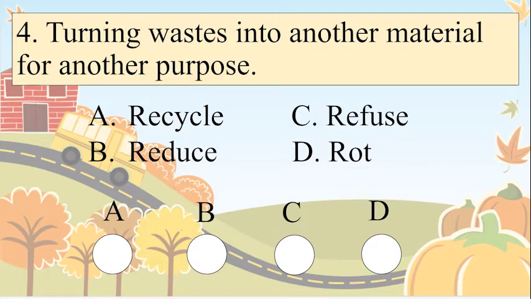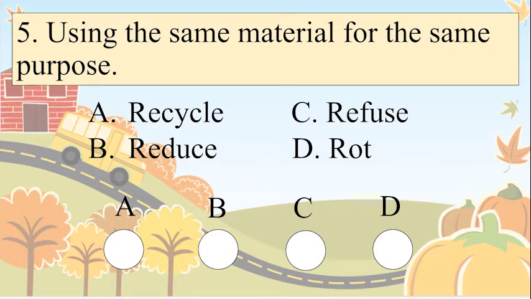Number 4. Turning waste into another material for another purpose. A. Recycle. B. Reduce. C. Refuse. And D. Rot. And the correct answer is. Number 5. Using the same material for the same purpose. A. Recycle. B. Reduce. C. Refuse. And D. Rot. The correct answer is